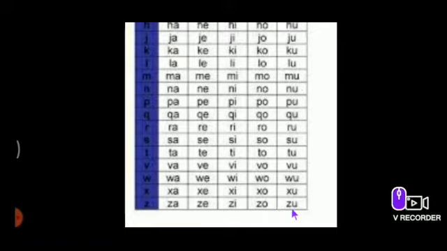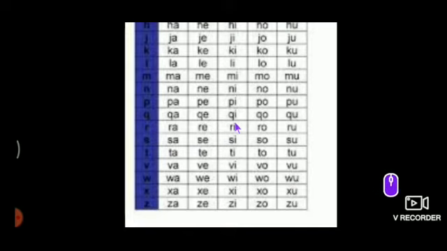What is this? Z. Va. Ra. Re. So the thing is, even when we change the syllables then and there, you must be able to